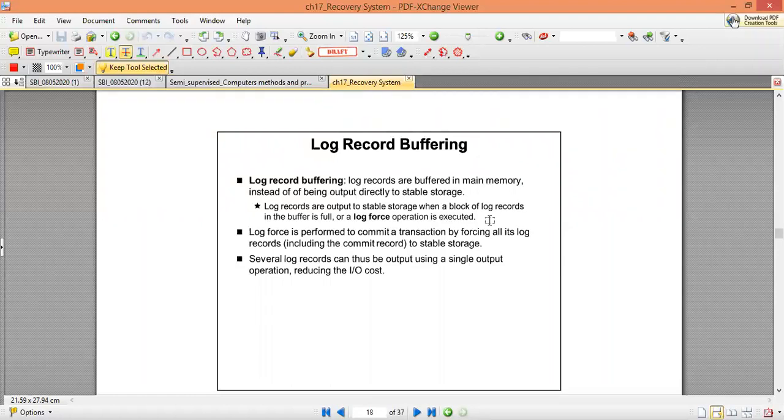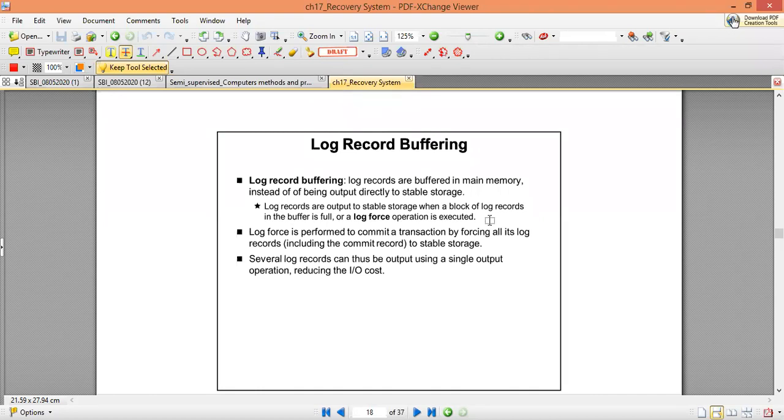And therefore, we can understand that several operations can be saved, because the IO operations done by the transactions are not all reflected to the stable storage, but are stored in the main memory. And as soon as the log record buffer is going to be full, the log record will be flushed to the stable storage.